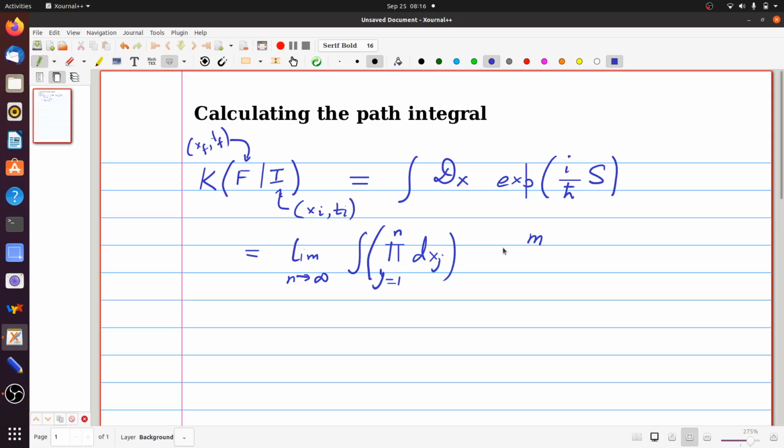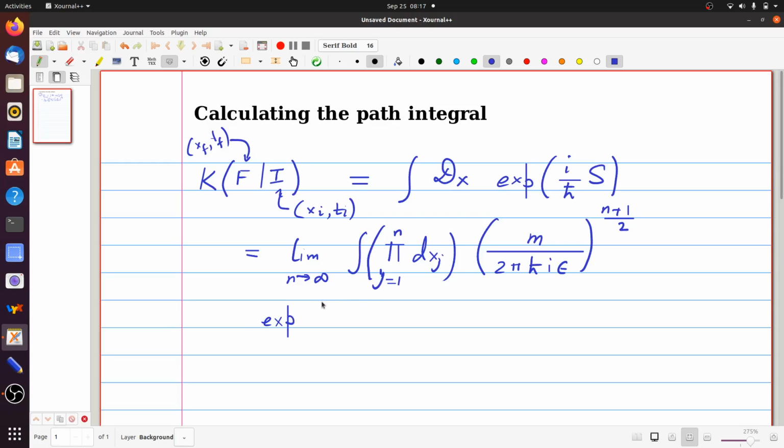Then comes a factor m by 2 pi h cross i epsilon to the power n plus 1 by 2, and then the actual integrand. All of this was part of the measure, the curly D of x, and then comes the actual integrand, which is the exponential of i by h cross times S, which when you discretize turns out to look like this,